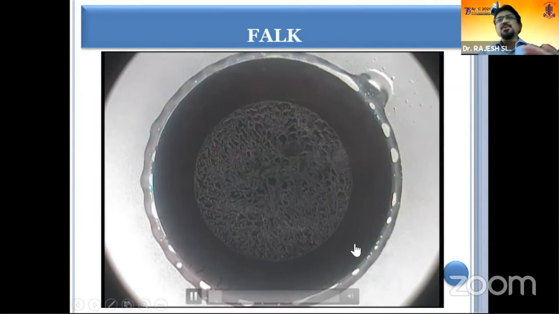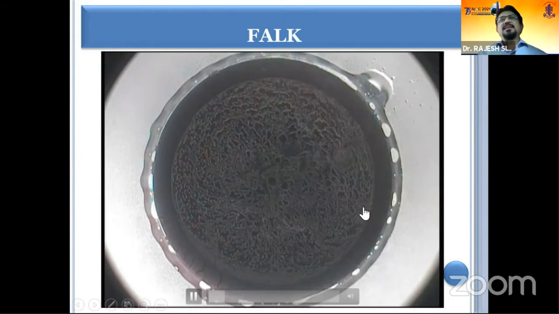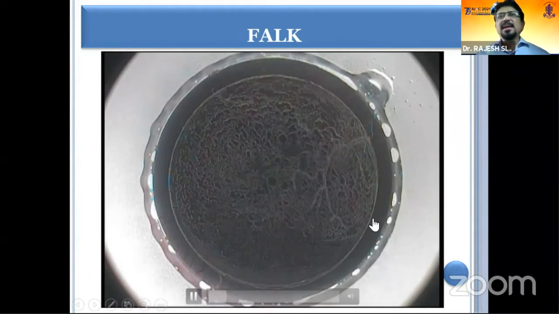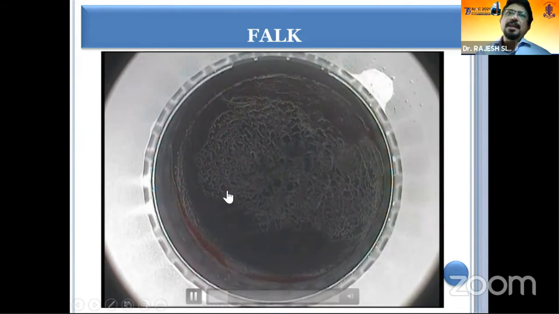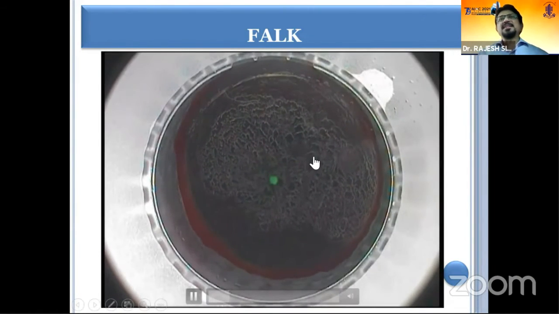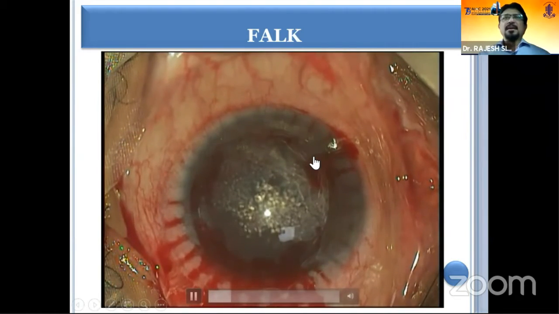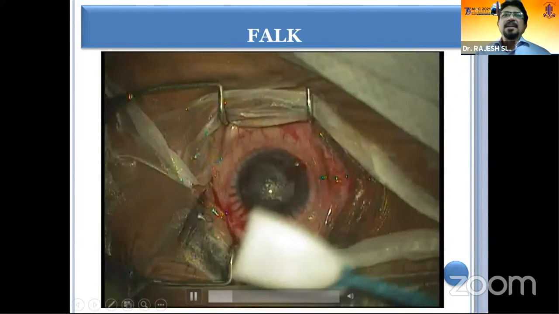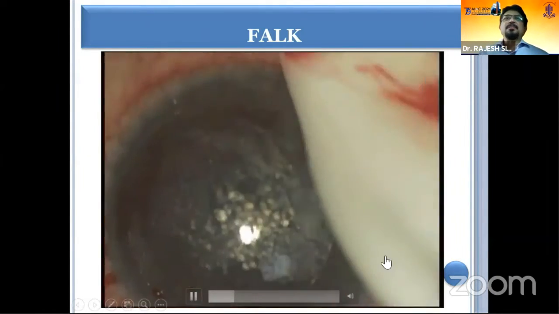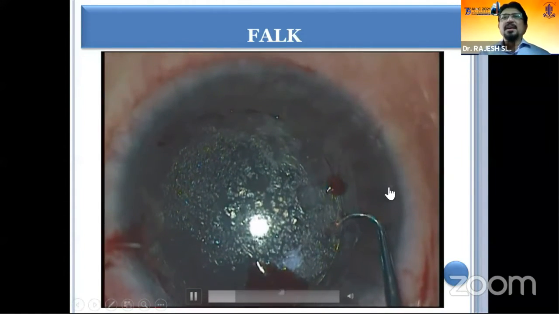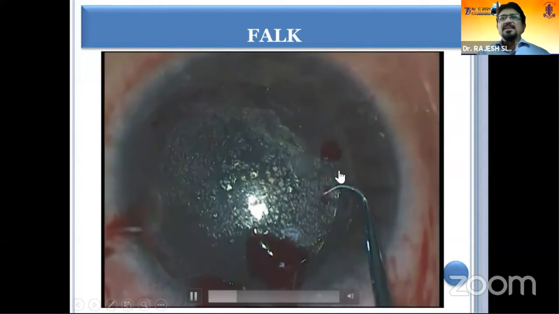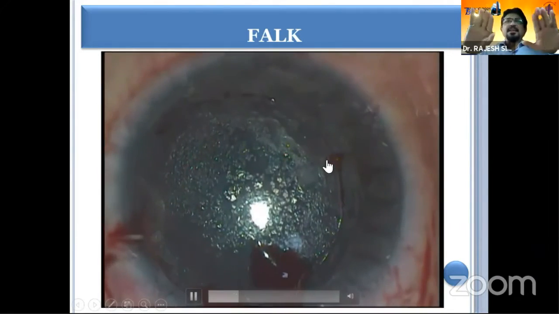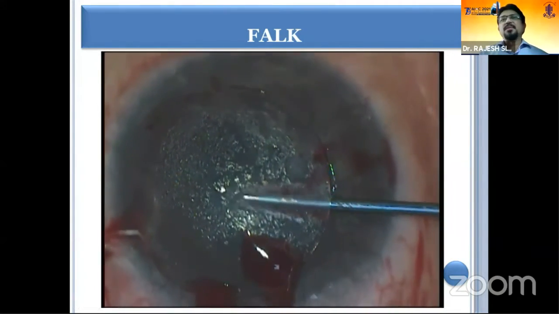The idea is that you use femtosecond laser to create the dissection so that you get a nice dissection plane. And the advantage of femtosecond laser is that you get a flap kind of a thing, which is not a meniscus one, which is a planar one. So you have a vertical edge. So the adhesion, the alignment of the tissue is very, very good.